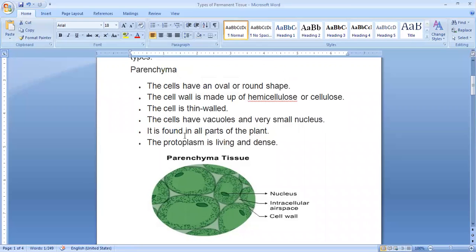When we are going to study about xylem and phloem, that is complex permanent tissue, we'll see this parenchyma is present over there also. The parenchyma performs the function of storage. So it stores different types of things. It can store green color pigment also, that is known as chlorophyll. So it is called chlorenchyma. If it is storing colorful pigment, then it is known as chromenchyma. So the names are different according to what pigment they are storing.